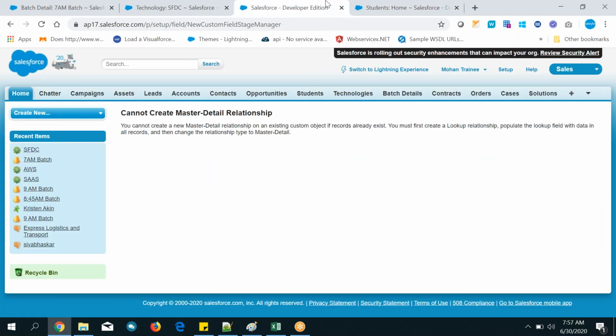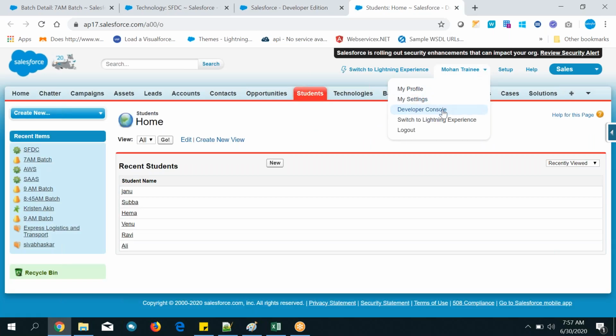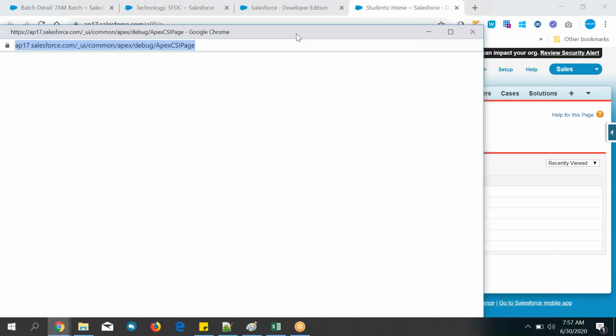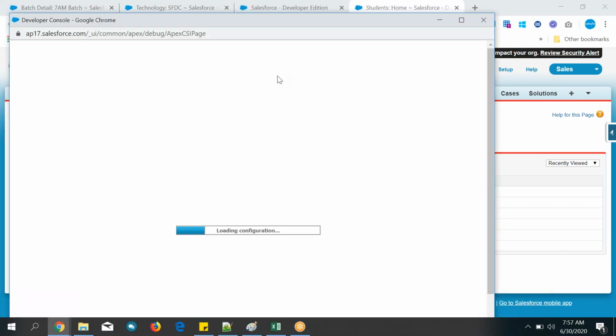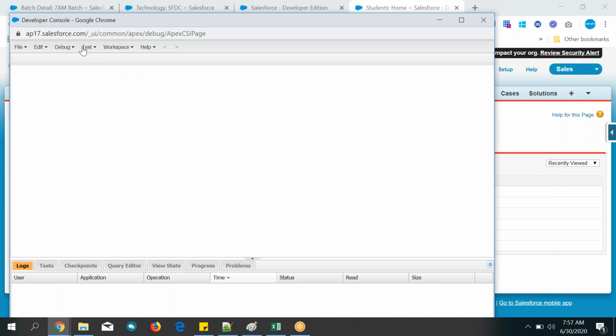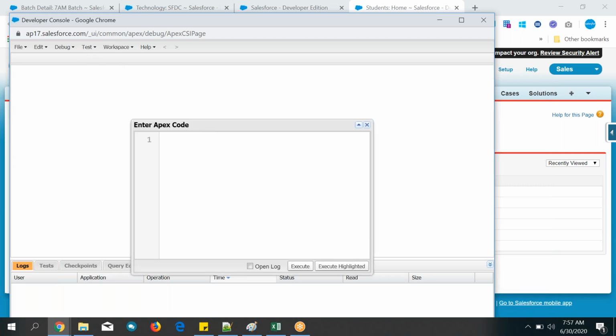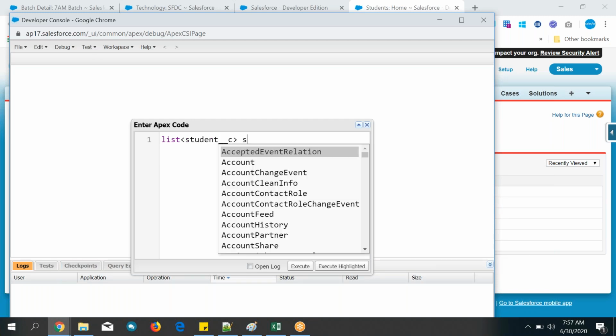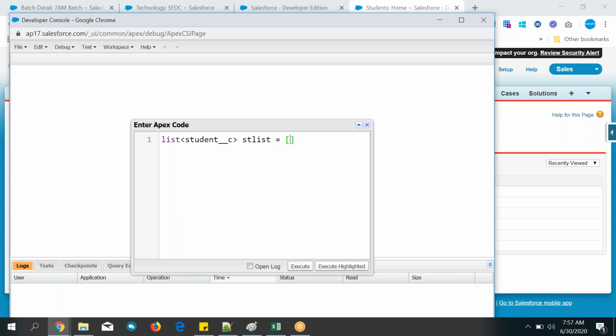I know the coding, so I can delete easily, but you cannot do it right now. Don't worry. I don't want to delete it manually, but you can do it manually, guys.